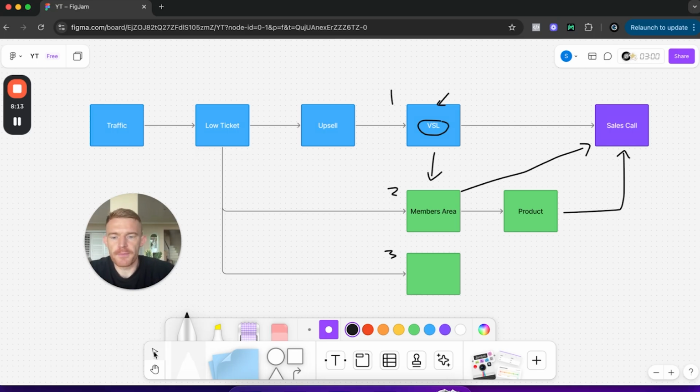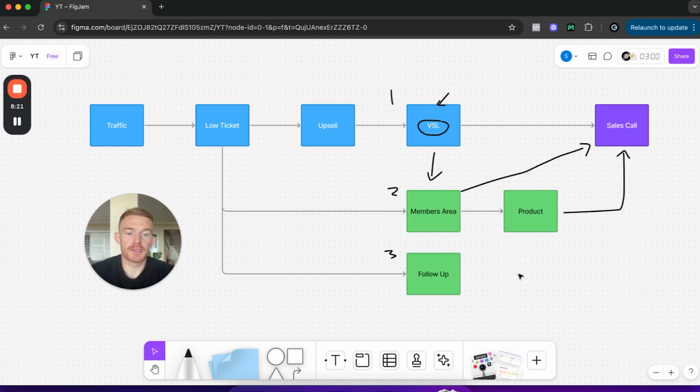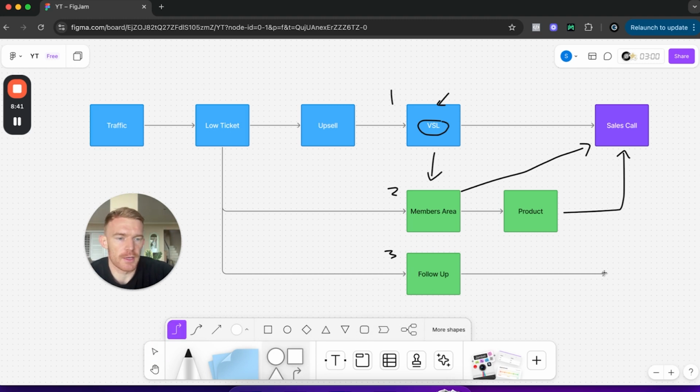Then the final way is with follow-up. So this is going to depend on your team and the company. But typically, what everyone should do is have email follow-up. Once someone purchases your low-ticket program, you're going to send the first few emails that get them to log into the membership area and encourage them to actually consume the content from the low-ticket product so they get value from it. And then after that, you can transition to pushing them to a sales call.